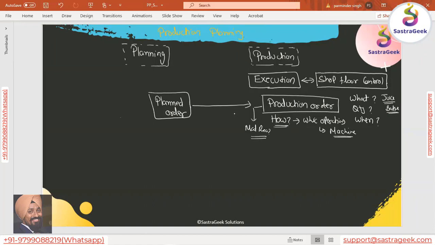You need a sticker to put on it. All those kinds of materials you will require, what operations you need to do, which machines you need to use, what exactly you're going to produce, in how much quantity, and when the production needs to happen. That information should be in the production order so that it can be taken ahead for the manufacturing execution.